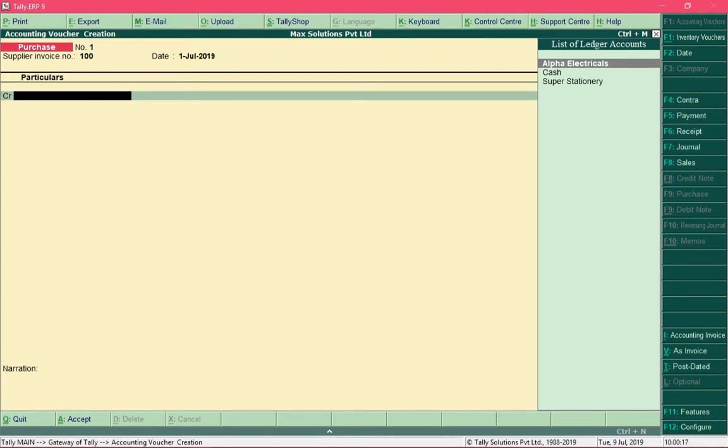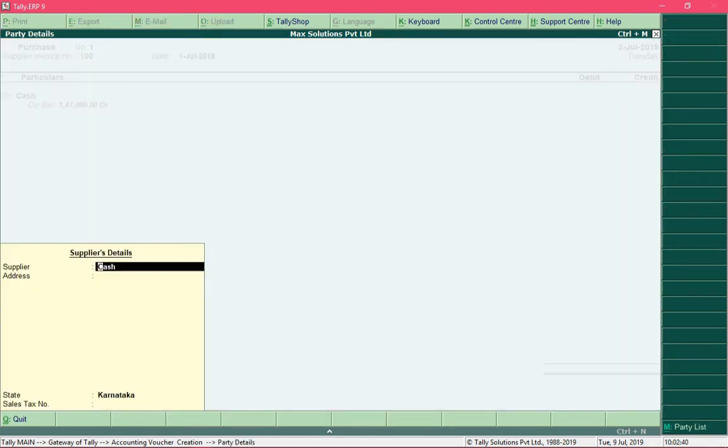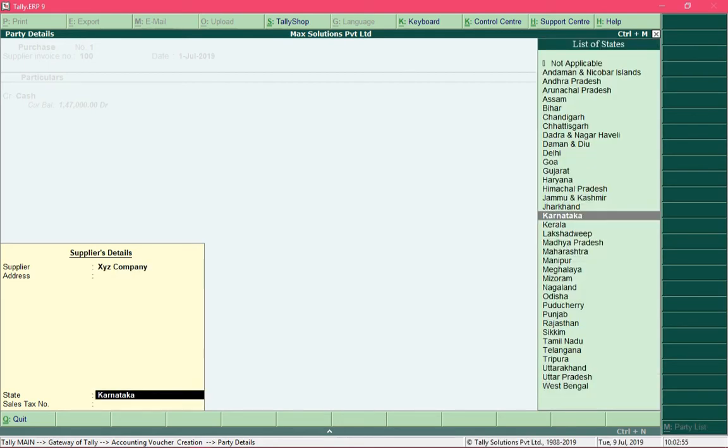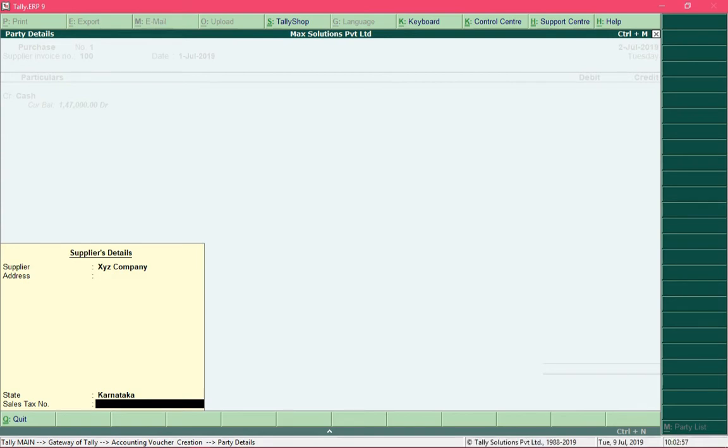In the credit field, select the cash account and press enter. So you will get a screen where you need to provide details about the supplier. So here you can enter details like the name of the supplier, its address, and any sales tax number if you have. So entering all these details is optional, but I am showing it for learning purpose. So after entering all the details, press Ctrl A